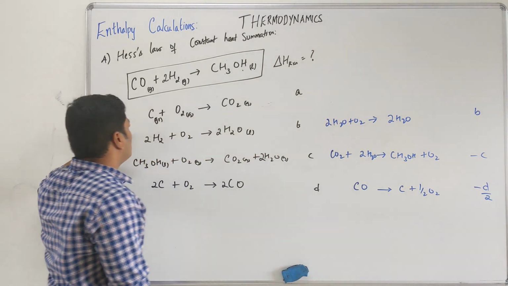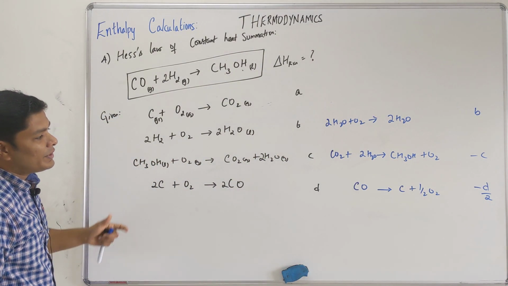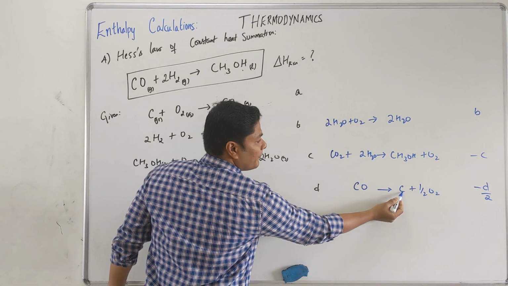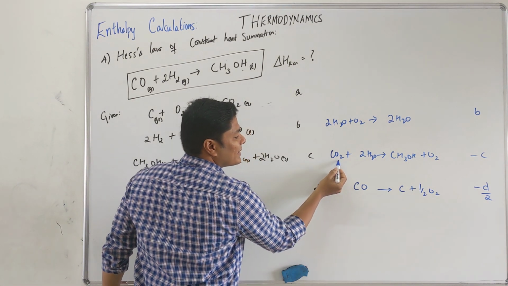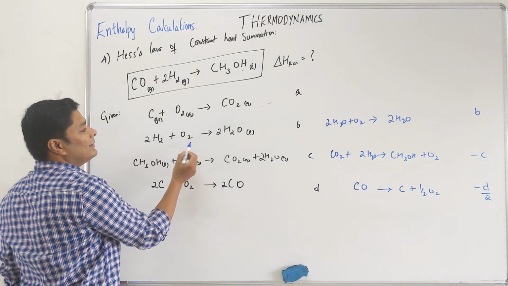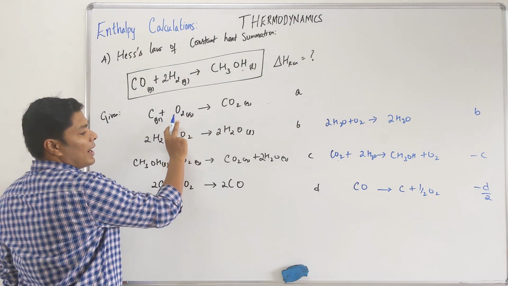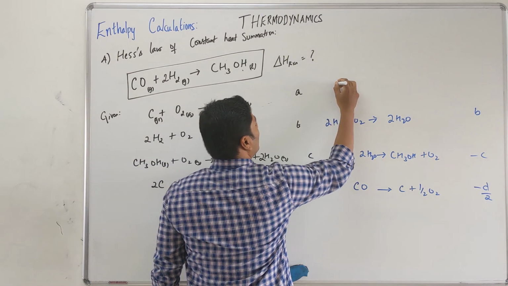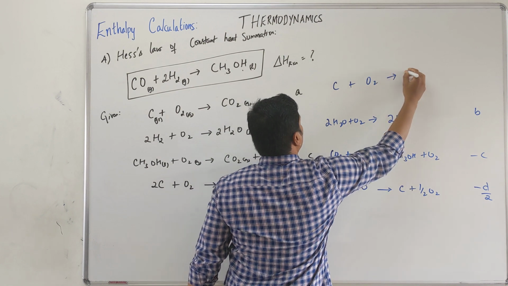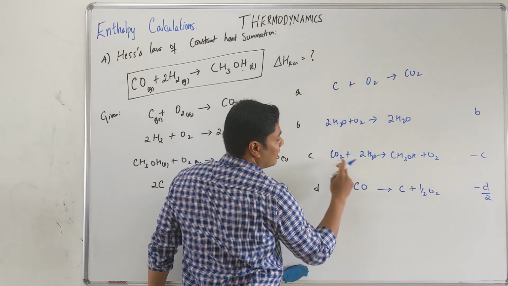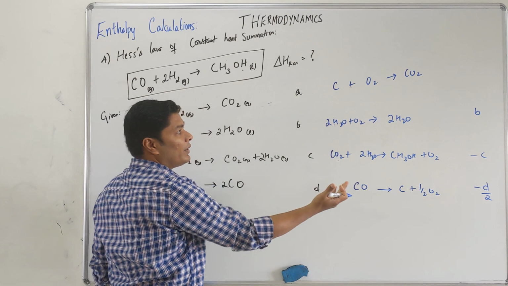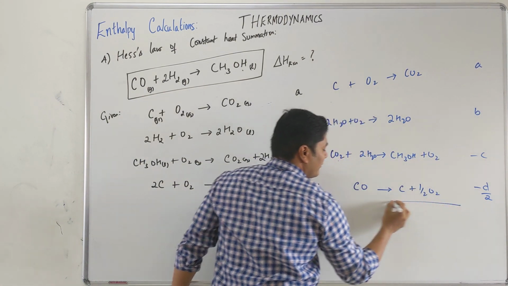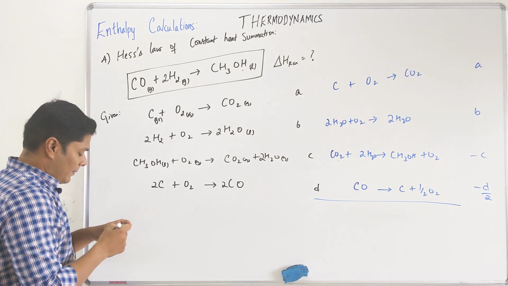B. Okay, what is the purpose of this equation? If you see, as it is, if I add this, my carbon sticks out, and my carbon dioxide sticks out. I need to cancel them. That's what this equation is for. Now I want my carbon on the left side and the right side to cancel. So I am going to write it as it is. Carbon will cancel out, carbon dioxide will cancel out. I don't have to worry about my coefficients. So this is A.